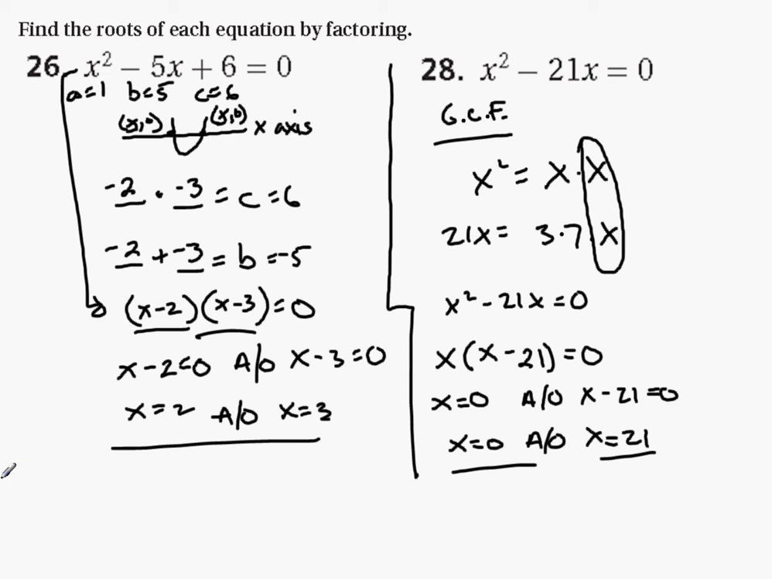Those are the two values of x, again, of the coordinates. So this is 0, 0, and this is 21,